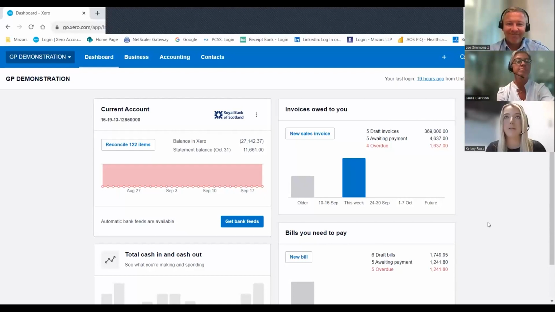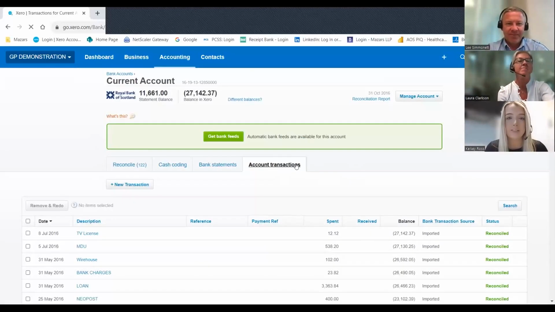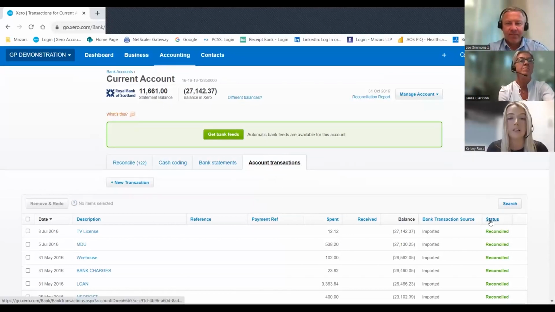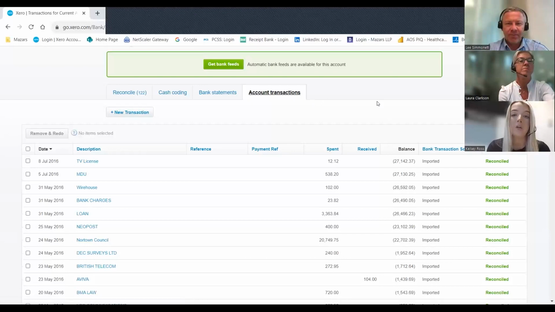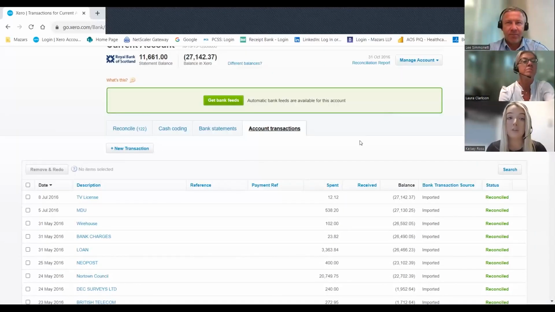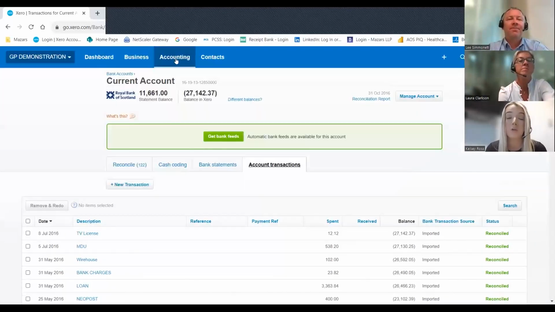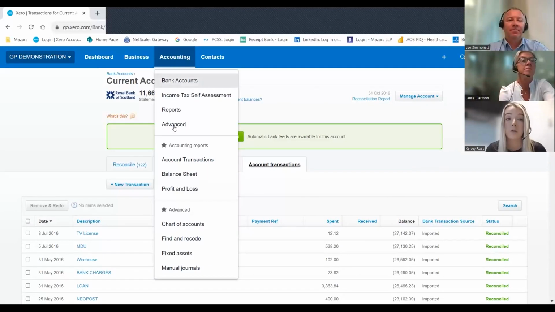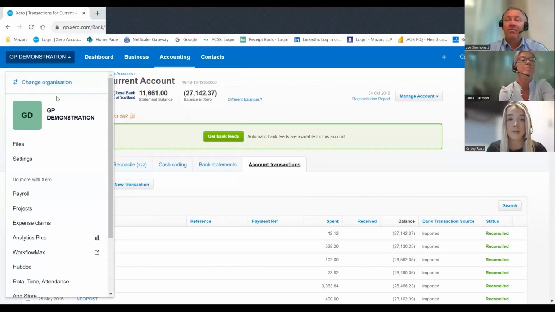So Lee, could you be my... Oh, sorry, I'm sharing the screen, aren't I? So basically, I think Kate, you'd said your accounts were locked for the year. So what you want to do is unlock those accounts. If you go to where yours says GP demonstrations on the left hand side, then we want to go to settings,